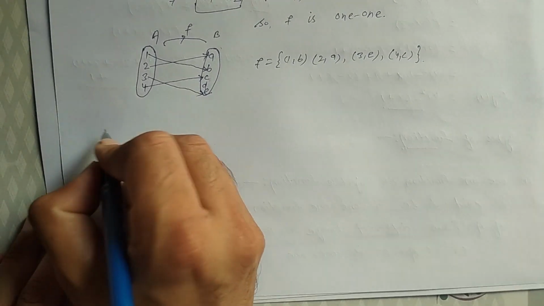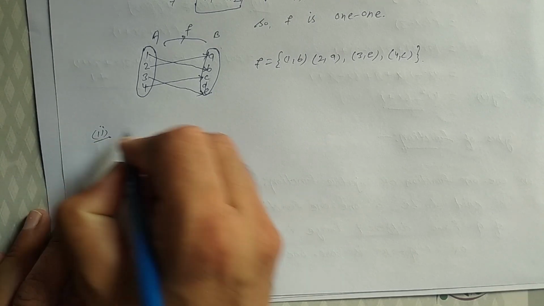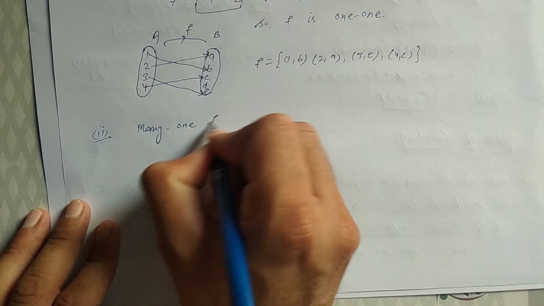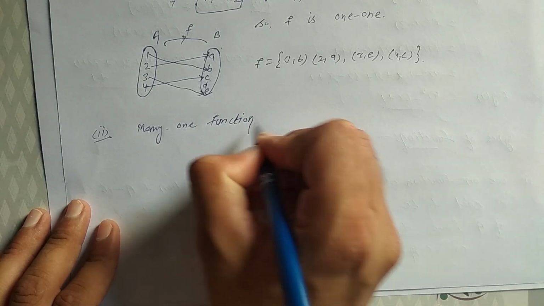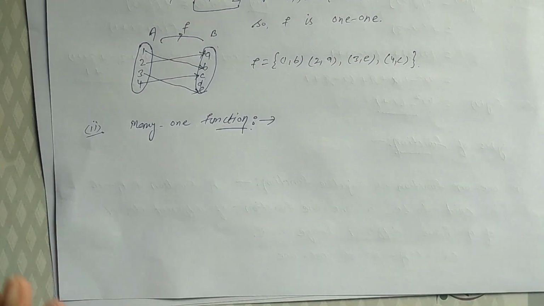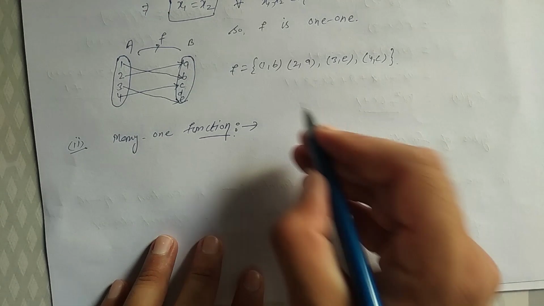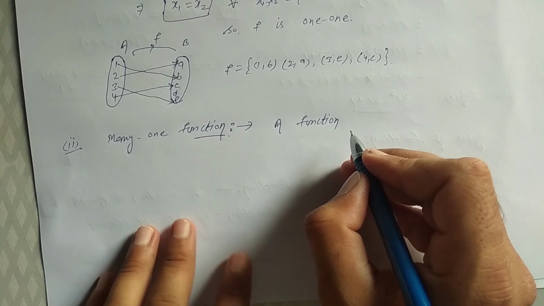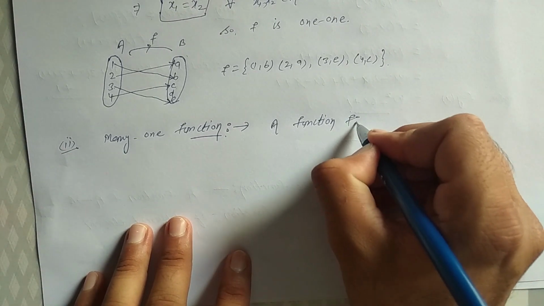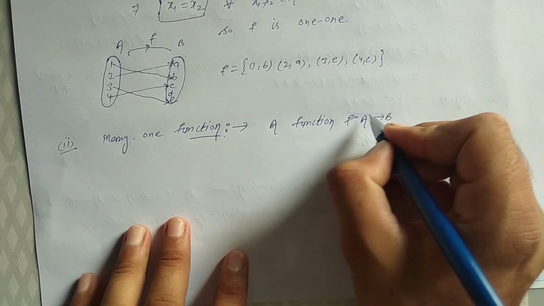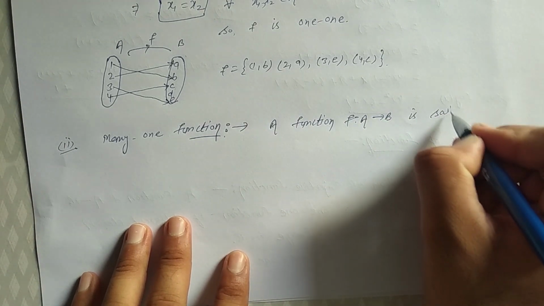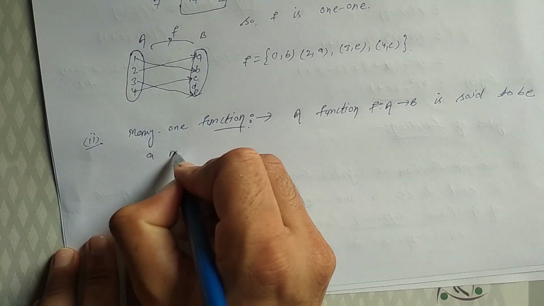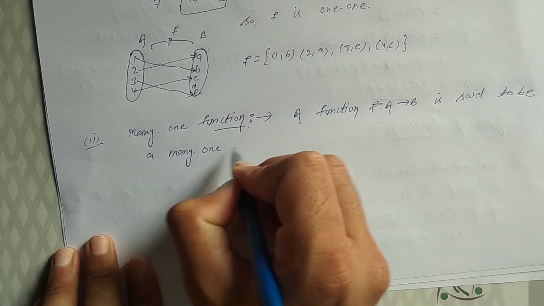Next type, second: many-one function. Definition of many-one function: a function f from A to B is said to be a many-one function